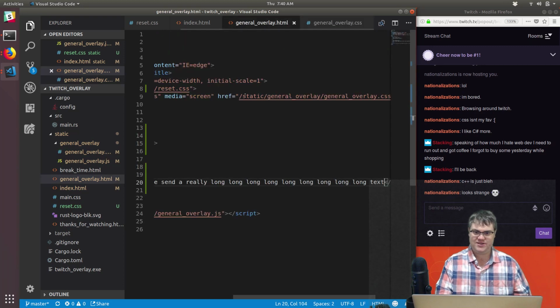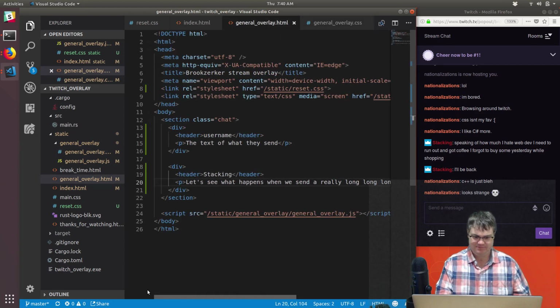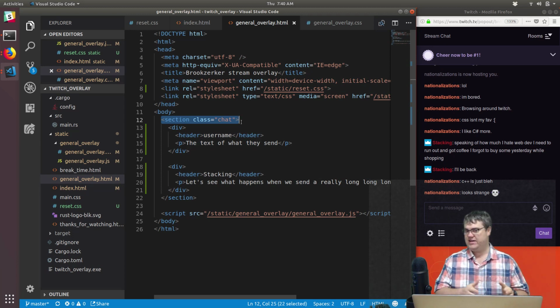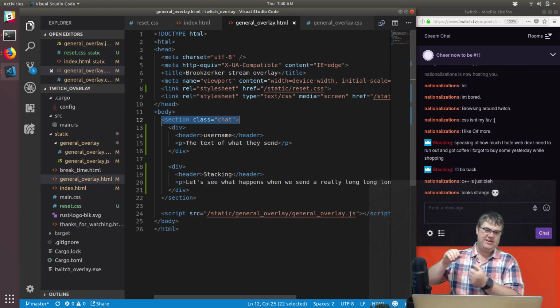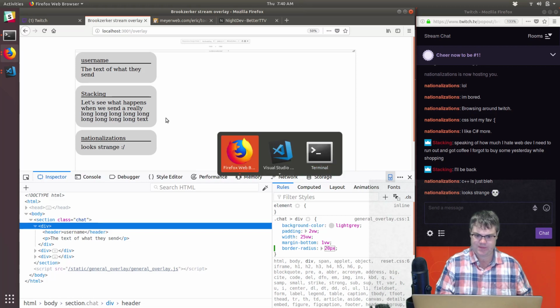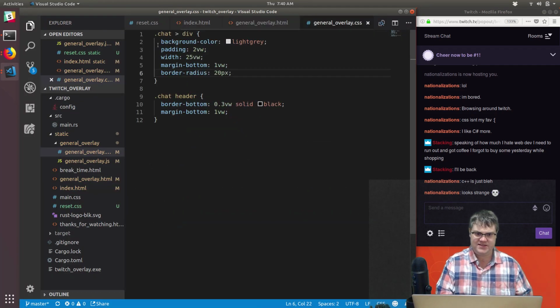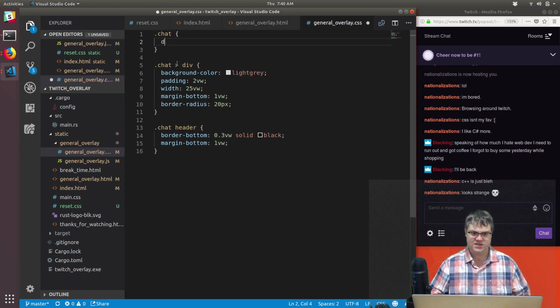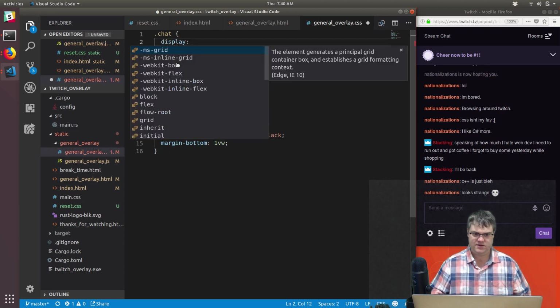The way that this works, and we sort of played around with it last time, is we're going to use Flexbox. This chat section we're going to turn into the flex, the display flex, and then we're going to have to set it to be to the right. As simple as that, right? So in CSS, we'll do dot chat. This is going to be display flex